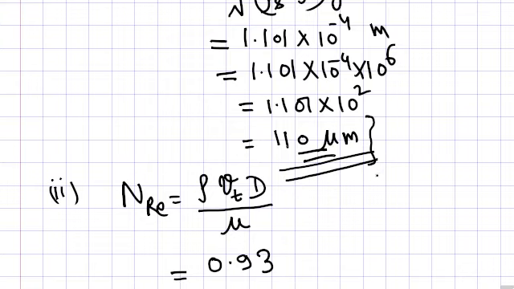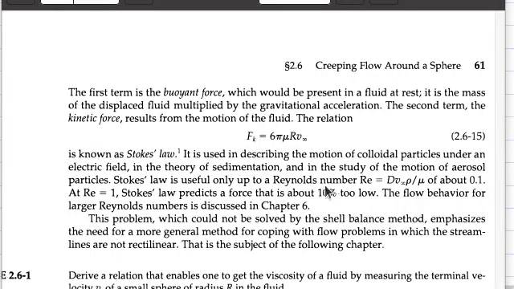So we have learned that when your Reynolds number is greater than 0.1, then there will be error in your result. And if you see your book, you will find that it is written that at Reynolds number NRe equal to 1, Stokes law predicts a force that is about 10% too low. So this formula will give you the correct result only for creeping flow, that is, Reynolds number less than 0.1. It is also called Stokes law or Stokes flow.